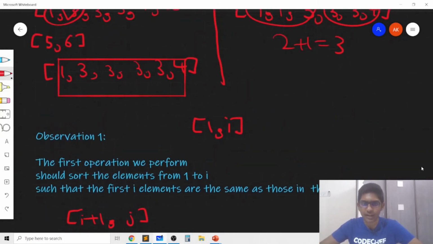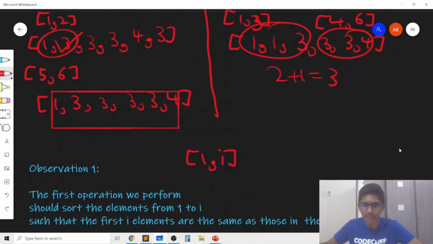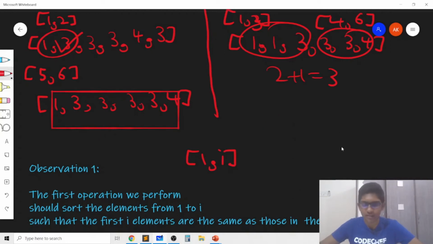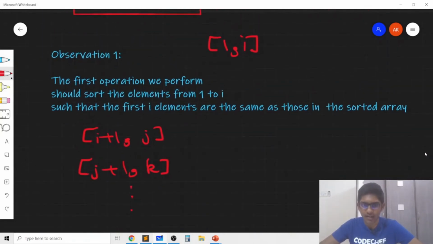And another way to look at why this works is because let's say that I was equal to 1. So let's say the array was already sorted and I was equal to 1. Then similarly j would be equal to 2 and k would be equal to 3. And in this way we would essentially be performing a total cost of 0 because the array is already sorted, and that's a border case which you can use to make sure that this idea works, and that choosing the minimum value of I will always minimize the cost,